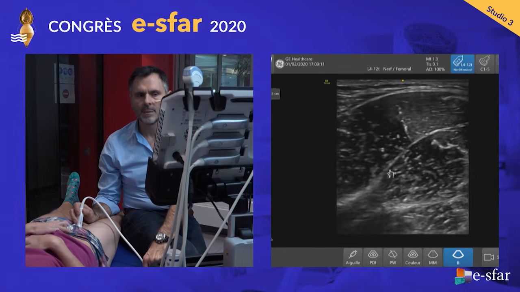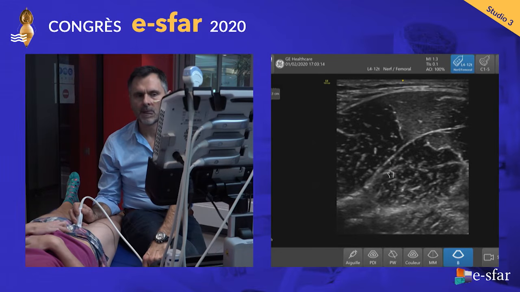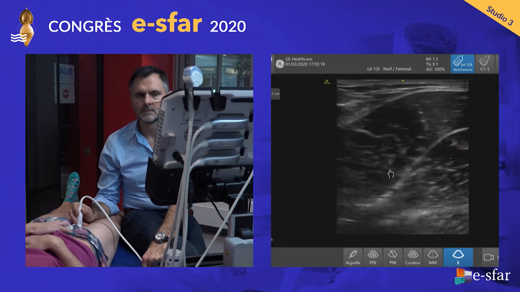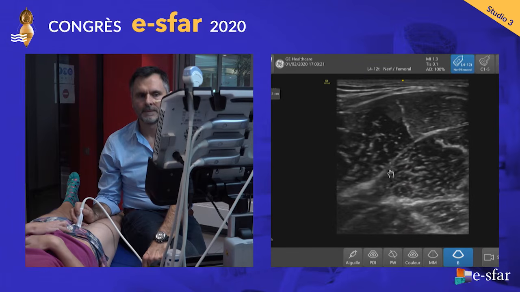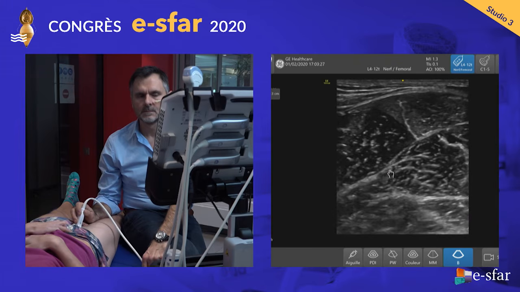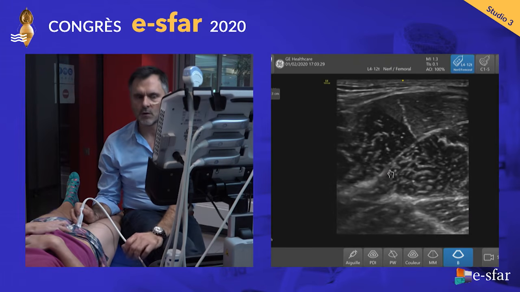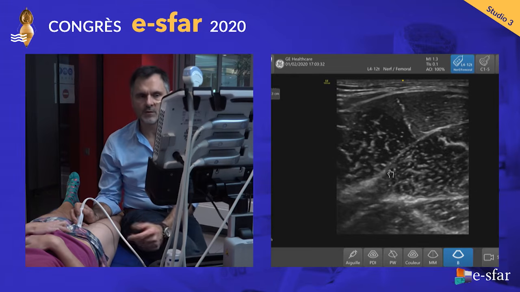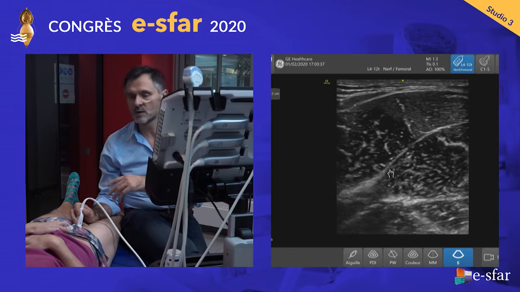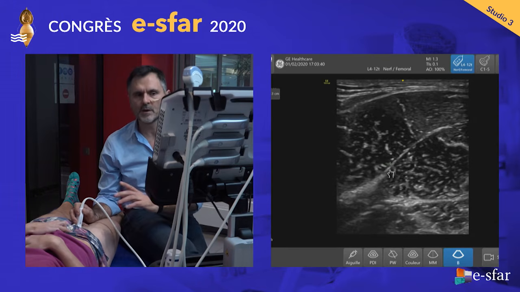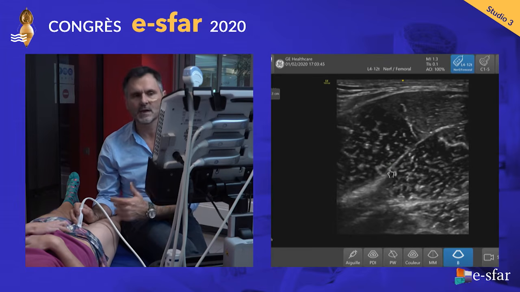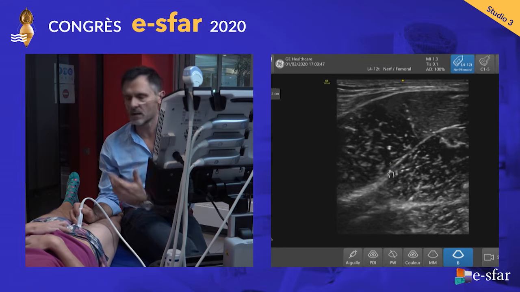In this case, the same question as for the femoral nerve. Do you perform exactly the same technique when you use the obturator nerve for hip surgery or knee surgery? For example, do you use the anterior branch only or the posterior branch only in one or the two cases? Personally, I always use the two branches of the obturator nerve, because we know that there are some anatomic variations between patients, and if we choose to anesthetize only one branch of the obturator nerve, we can have a deficit in the anesthesia.